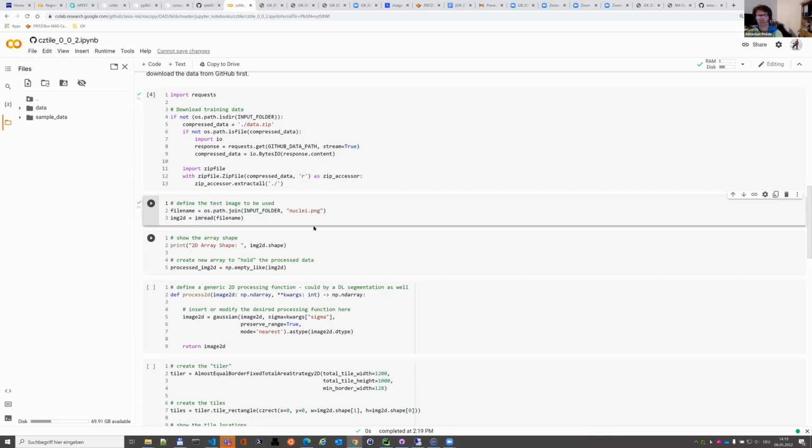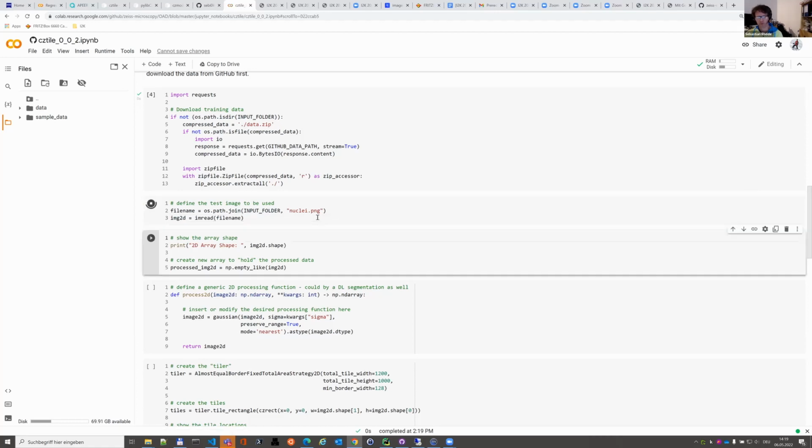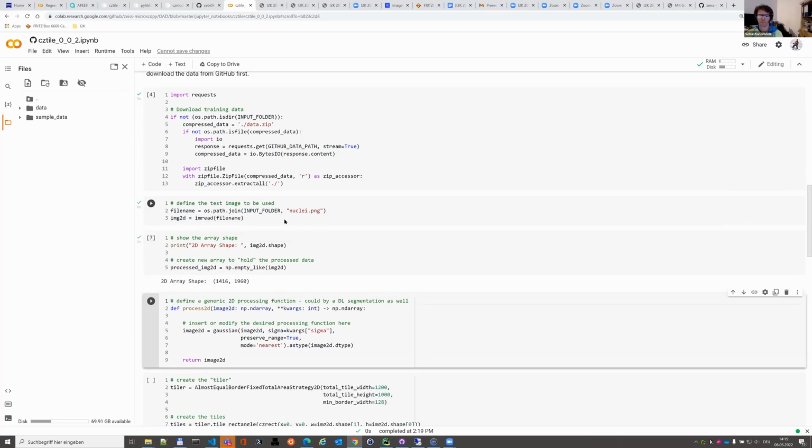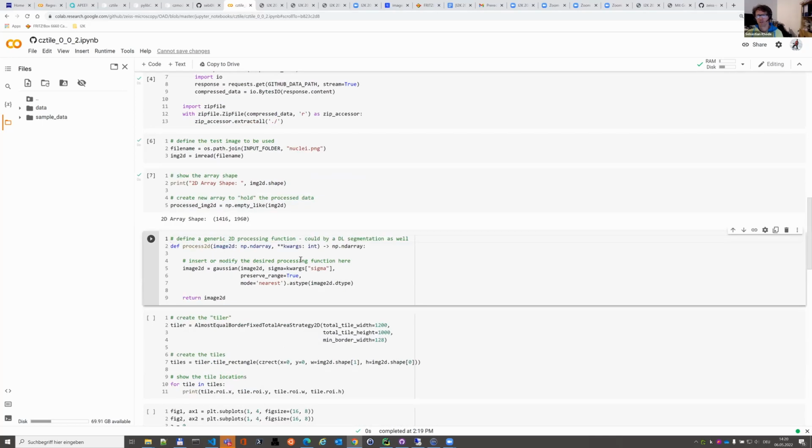Okay, let's have a look at the shape of the image. So here you see it's a very simple 2D array. The width is almost 2000 pixels. Pixel height is like 1416. So nothing fancy. And obviously, I will not apply AI processing in this notebook as well,